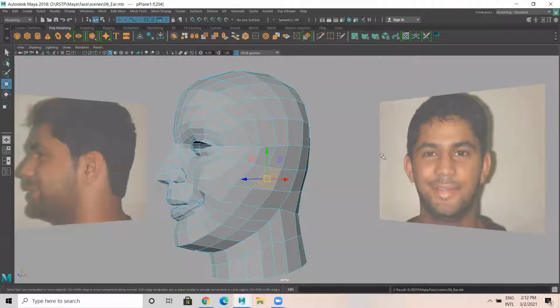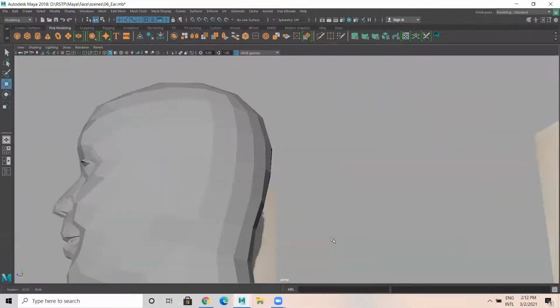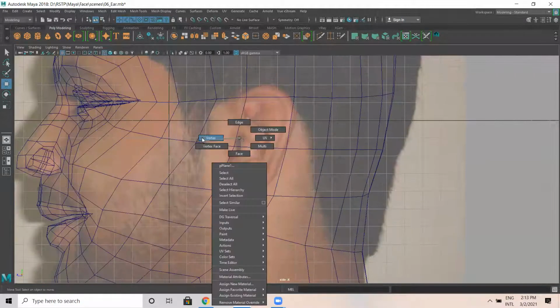So then after this, just select the ear part.